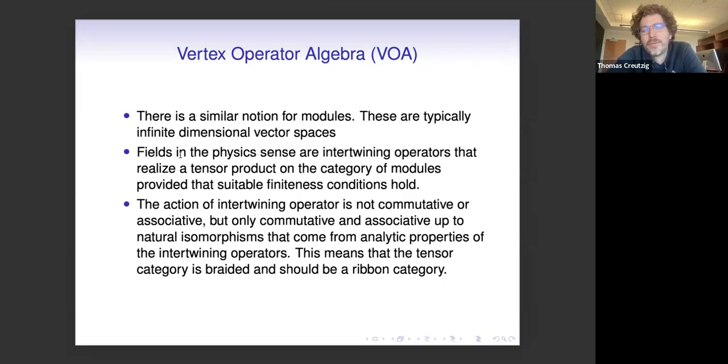But that is more the philosophy. We know that they only do this, or at least we can only prove that they do this, if suitable finiteness conditions hold. Now, because intertwining operators are not given in terms of integral powers of the insertion,